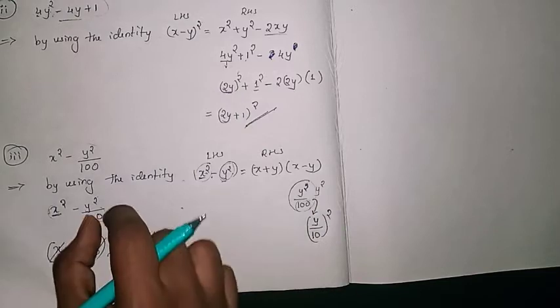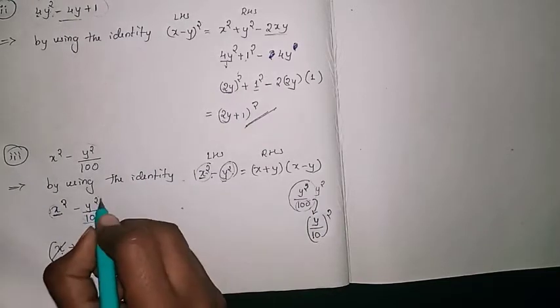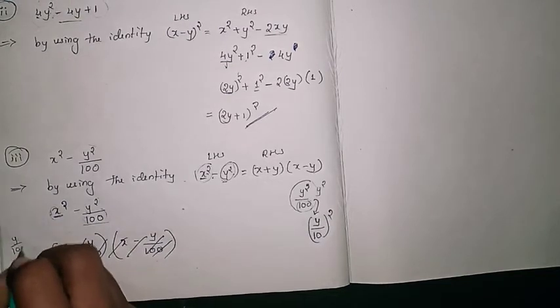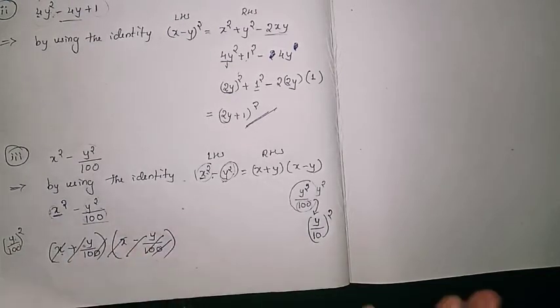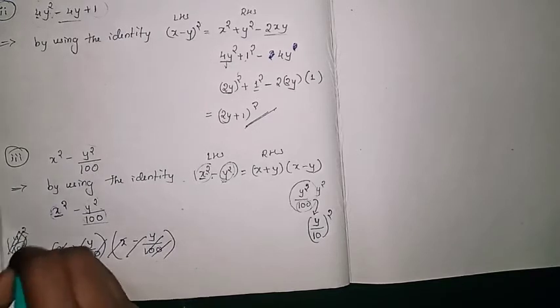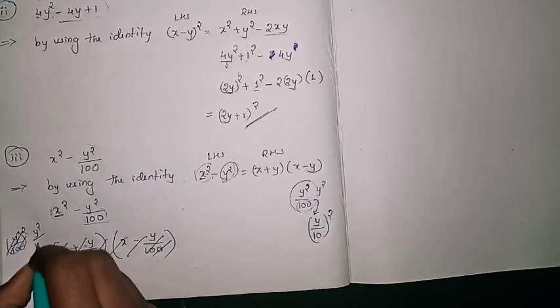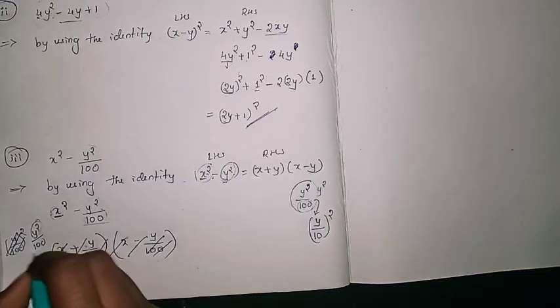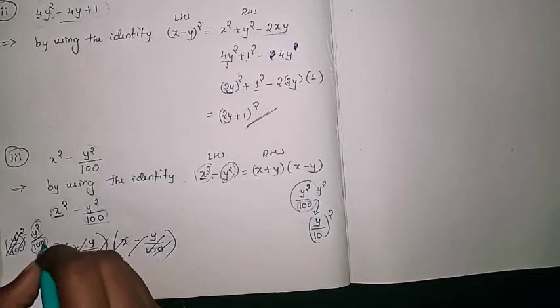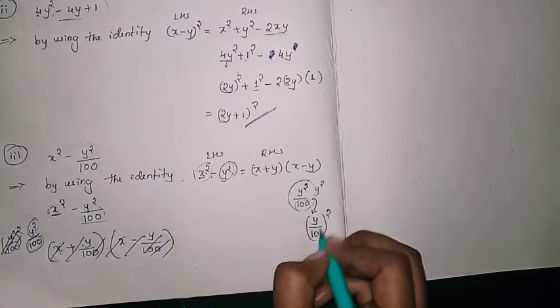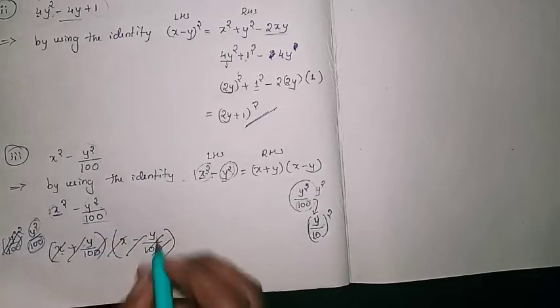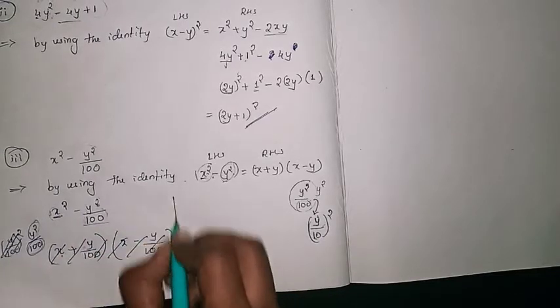Okay, so you have to convert to the y term, because if they had given y by 10 whole raised to square, then it is okay, then we can write. But they have given y square divided by 100, so that means only the y term is multiplying here, not 100. So that's why we are converting this one, y by 10 whole raised to square. So it is y by 10 whole raised to square, then we can write. So I will solve here.